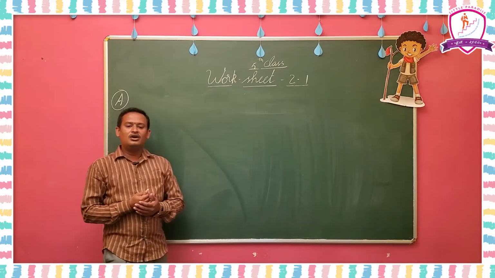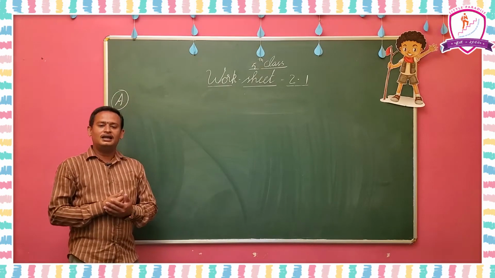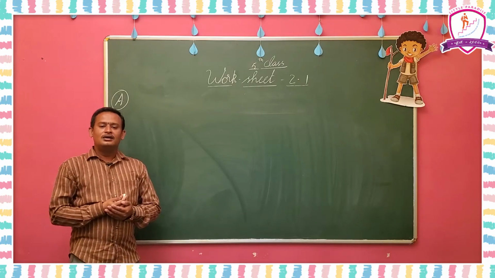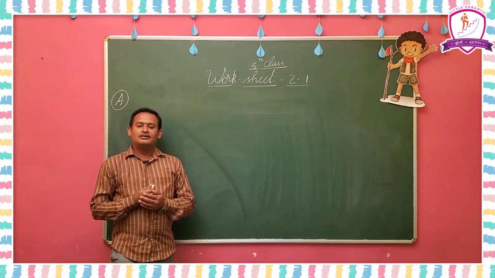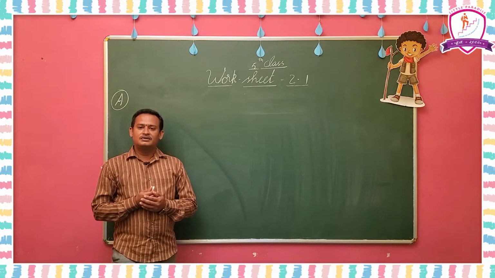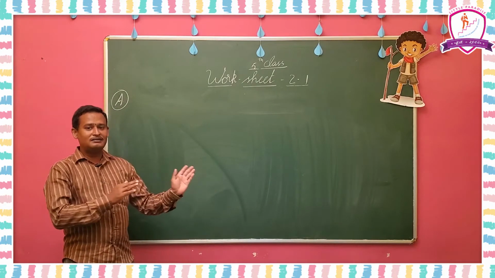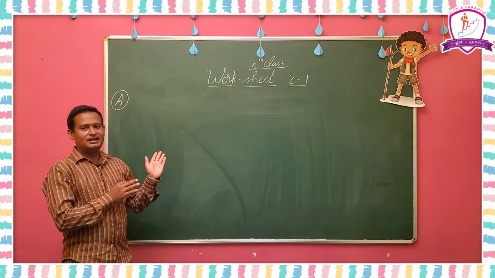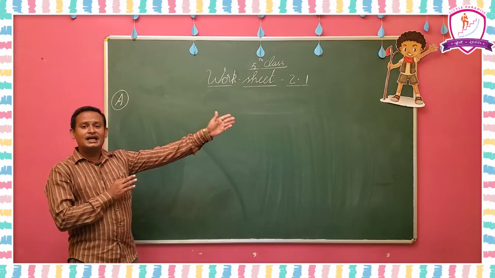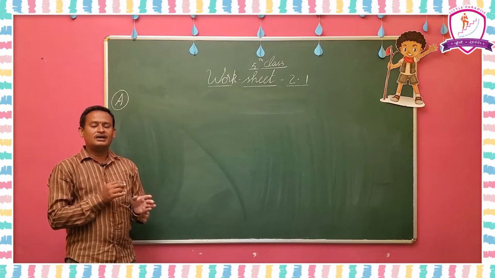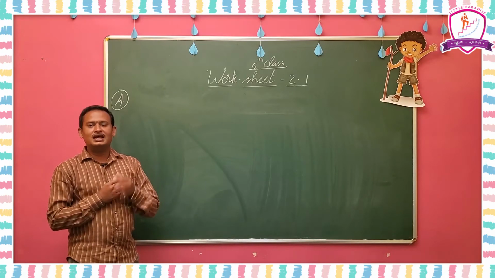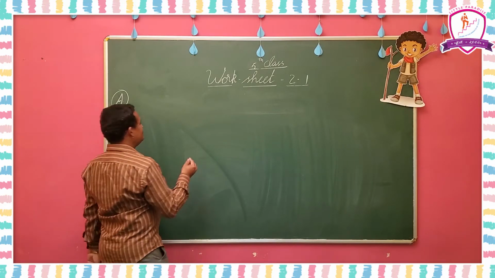In A Roman, what is the heading? What is the question? Write the numerals for the following number names. Here we are going to write the number for the number name. The number name is already given in the question, so we have to write the number for that. So what do we have to do first? First read the number name. It is there in your book.